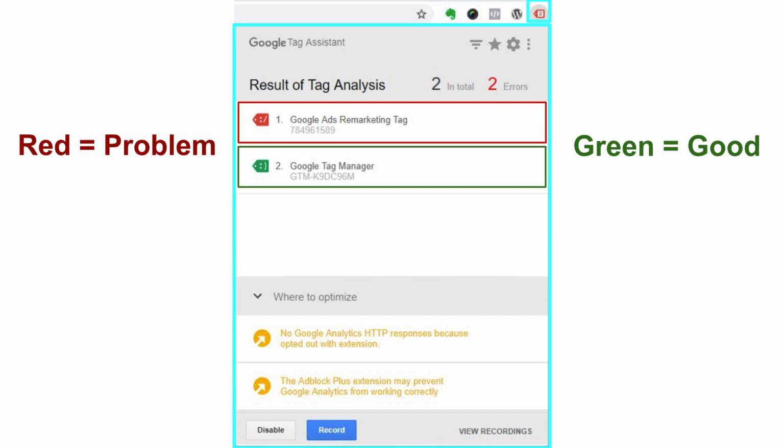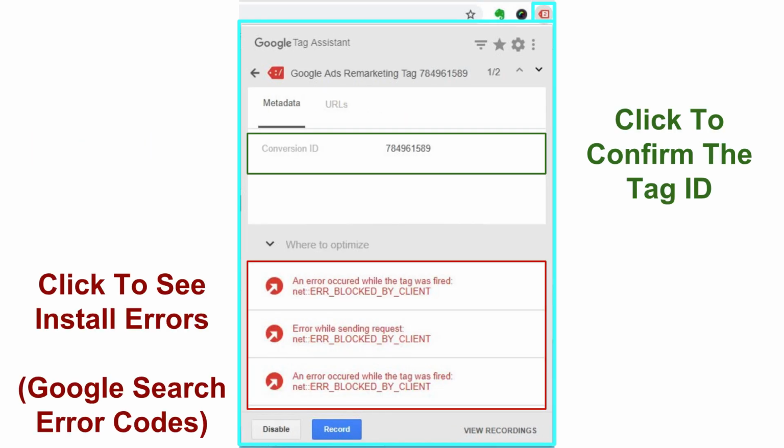Now, if you see anything with red, that doesn't necessarily mean the tag isn't working. I know this can really trip a lot of people up. So what you want to do is click on the tag that's showing red and then look at the errors. And most of the time, the errors aren't going to make any sense. In this particular instance, you see it's error blocked by client. That's because I'm using a plugin to block myself so I don't cookie and pixel myself in our own marketing or marketing for our clients.